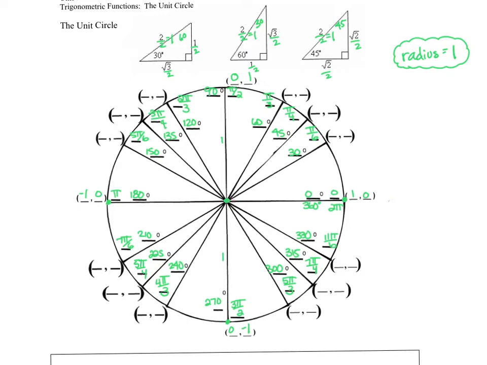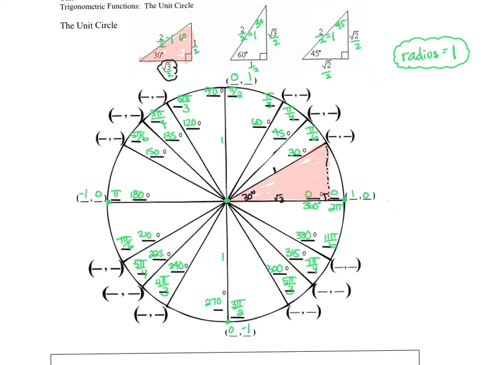So this is my 30-degree angle on my unit circle. And so let's shade this in with my light pink. And let's transfer this light pink triangle to my unit circle. So this is my 30-degree angle, and I'm putting my 30, 60, 90 triangle into my unit circle. And so this is my 30-degree angle, this is my 90, this is my 60, and I know those distances. My radius is 1, my hypotenuse is also 1,